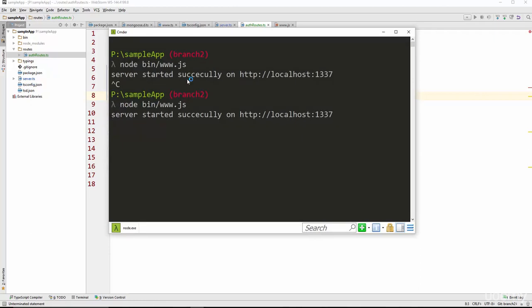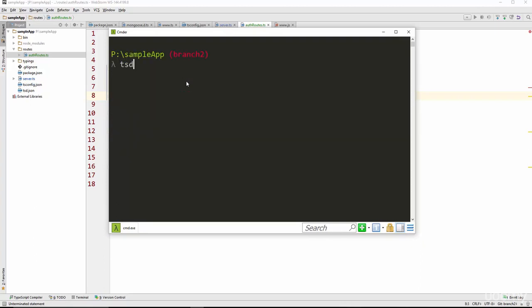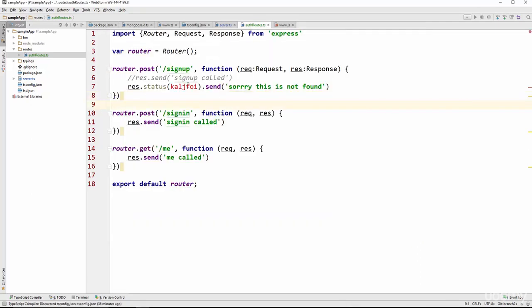Also, if we come here and stop the server and use the TypeScript compiler on the command line, if we do tsc, if you have a tsconfig, you don't need to specify a file, so you just run tsc and it will automatically do that. So in our TypeScript compilation, it will tell us that, hey, cannot find name this, because this is not found here. And also if we pass in, for example, instead of a number, 404 in the form of a string,